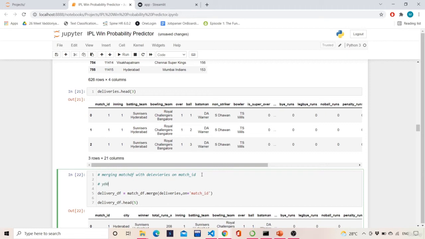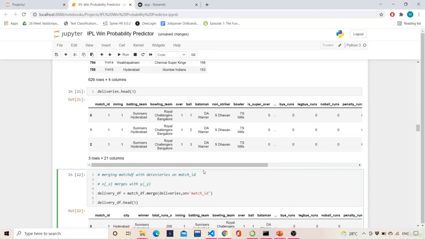So basically X merges with Y. Every column in the X data frame that has a similar column in Y will have an underscore X representation, and similar columns in Y which are present in X will have an underscore Y representation.